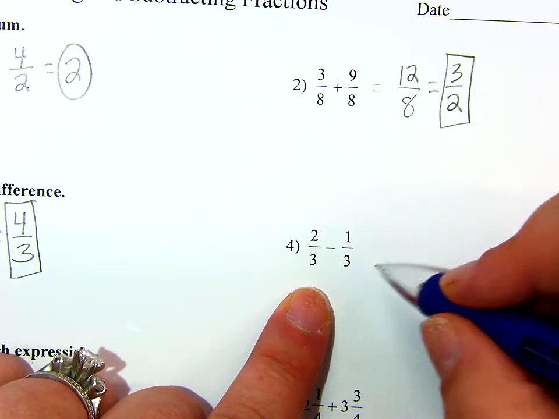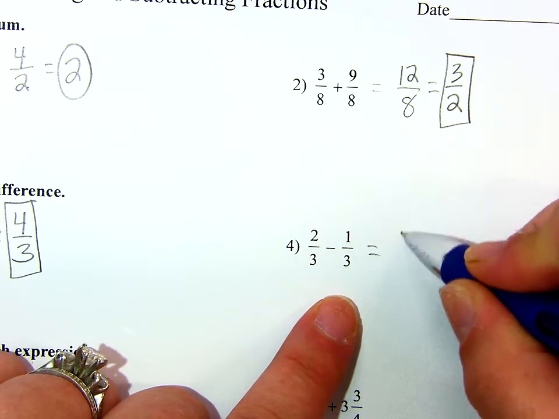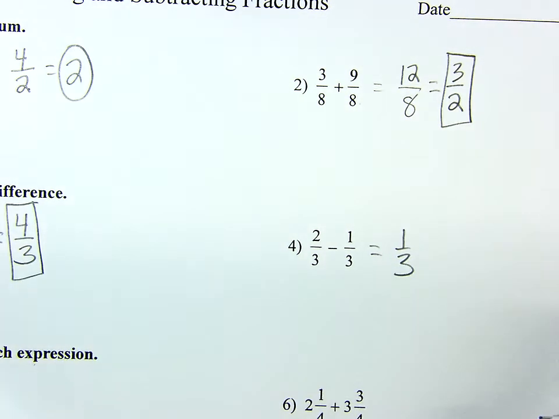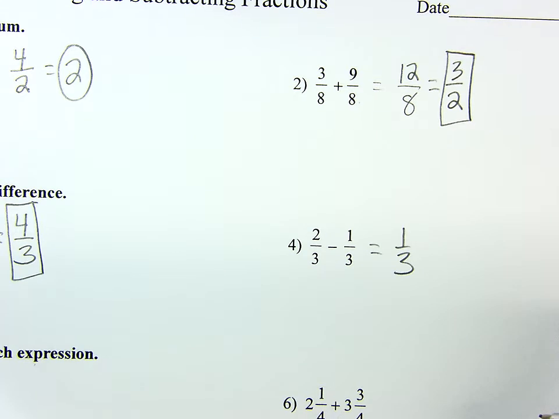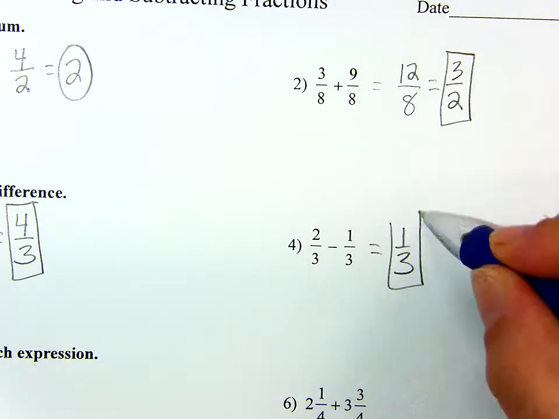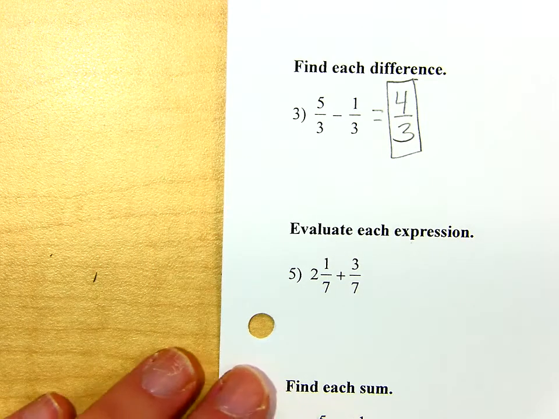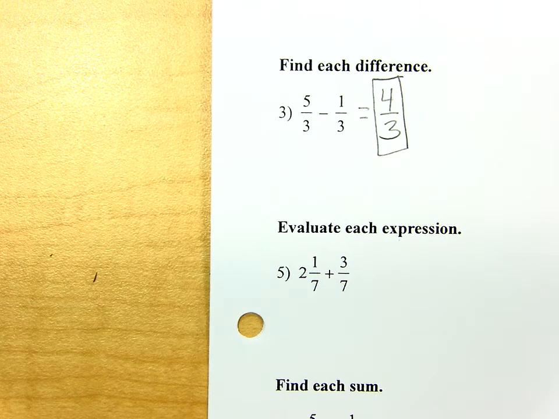2/3 minus 1/3. 1/3. Just 1/3. You keep the denominator the same, and you do the math along the top. Okay? Great. Number 5. I do still have common denominators, but now I have a mixed number and a non-mixed